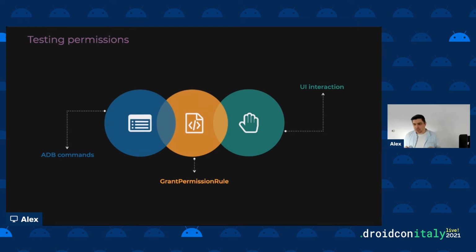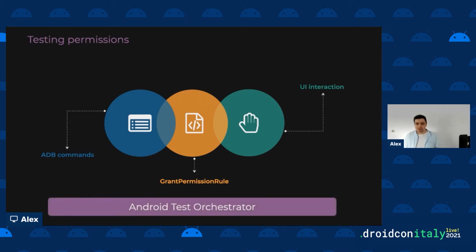One of the options here is to use an ADB command, which allows us to revoke any permission. Another option is to use Android Test Orchestrator, which will clean all data, like database files, and also permissions, after every test. But the main problem with this approach is that if we really want to use it, we will lose some time after every test case, even when we already clean up everything. So we should really think about whether we want to use Android Test Orchestrator, especially when we talk about efficiency. Very often, use UI